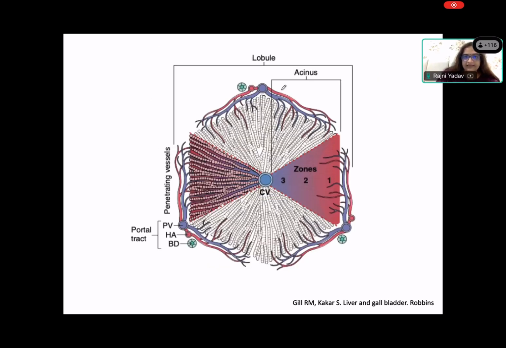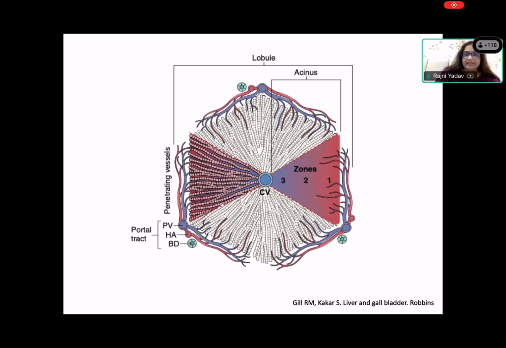Again, here we can see the hexagon of the lobule of the liver, and in the center you have the central vein. This is known as the terminal hepatic vein or the central vein, and at the corners you have these portal areas. Now see the blood supply. Near the portal area, you have the portal vein and the hepatic artery. That means the hepatocytes which are near the portal area will be richly vascularized or richly perfused, whereas the hepatocytes which are farthest away, near the central vein, have the